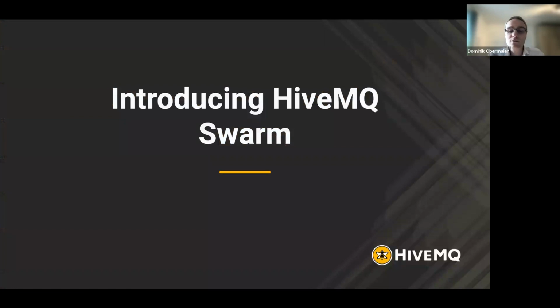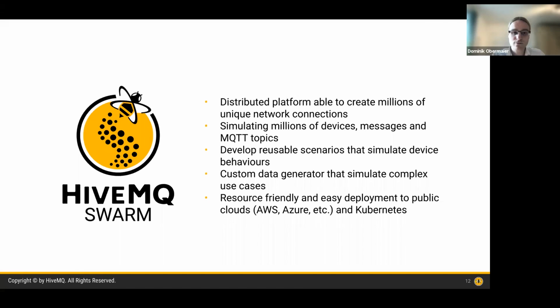And this is why today we're introducing a new product we call HiveMQ Swarm. HiveMQ Swarm is a distributed platform that is able to create millions of unique network connections, and it's really built around MQTT. You can simulate with HiveMQ Swarm millions of devices, messages, and MQTT topics. So you can really test extreme scale